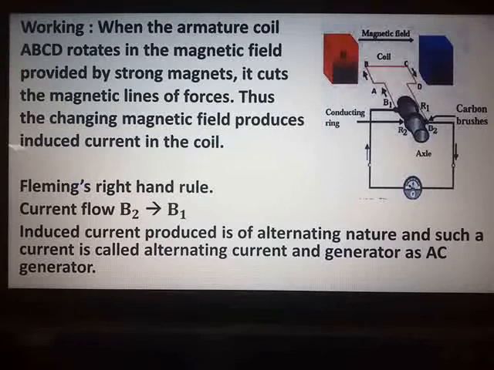After that, electric motor, electric generator, and all the three rules along with the diagrams of AC generator and the motor. Topics are a little bit difficult for you to grasp, so more and more reading is essential in this chapter. Once you understand the working, now this working I have made in my own words. If you refer to the working in the textbook, they have given it very complicated.